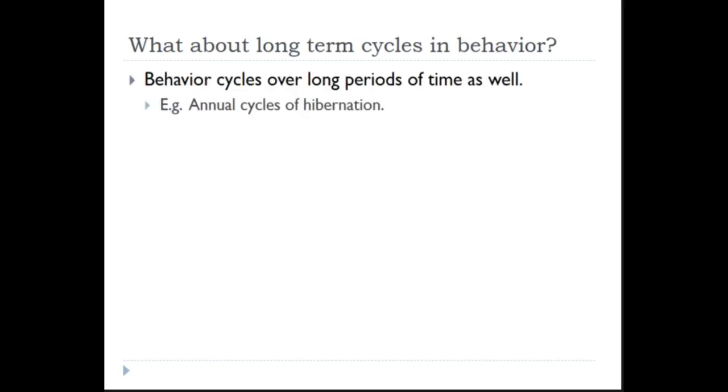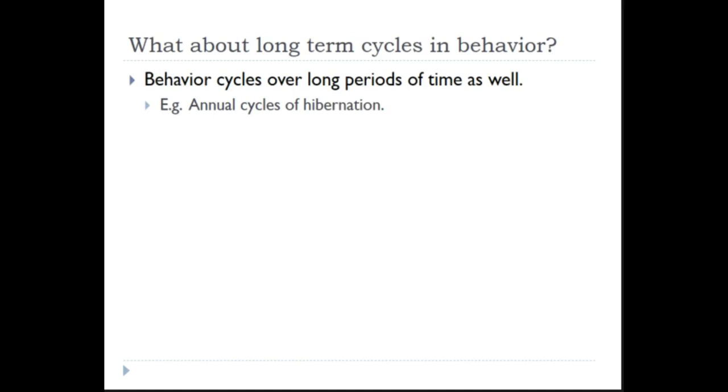The other kind of rhythm that we'll see across animals that I think is also really interesting, and is important in determining important events that occur over the course of the year, are what are called circannual rhythms. So animals often have to cycle in their behaviors over the course of an entire year as well. Some of the major key events that happen in an organism's life have to happen at certain times of year. So if it's a bird or a mammal, they need to molt or shed at certain times of year. They need to enter into a reproductive state oftentimes.